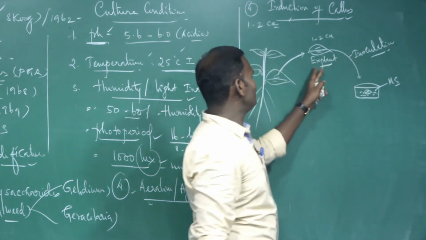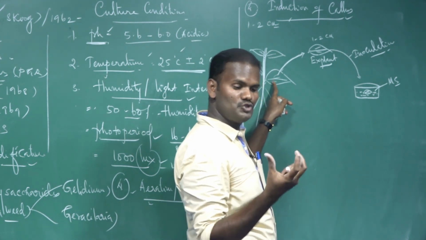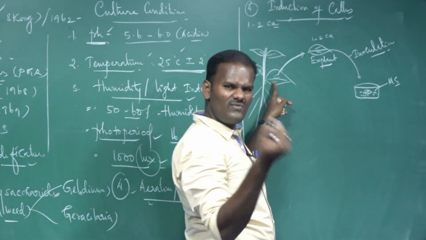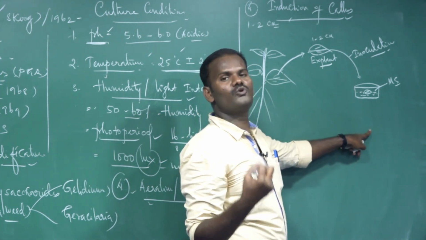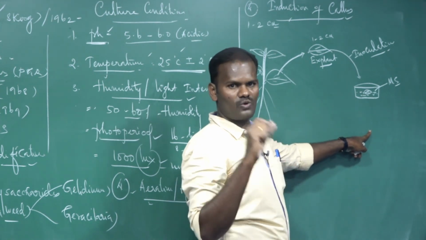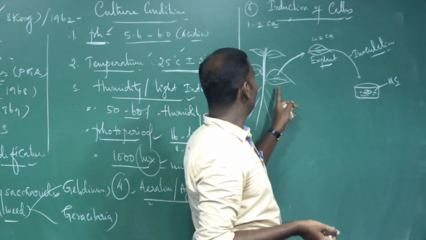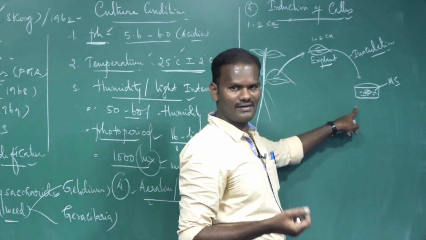The explant is selected either from the root portion, stem portion, or leaf portion, even the tuber, potato tuber. Living cells have the ability to develop into an entire organism. This is called the totipotency concept. That is unique in plant cells but not in animal cells. Any living plant cell has the capacity to develop into an entire organism.